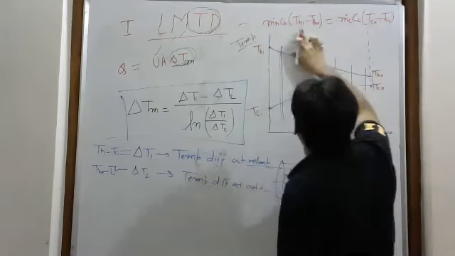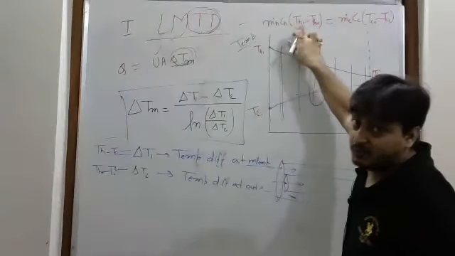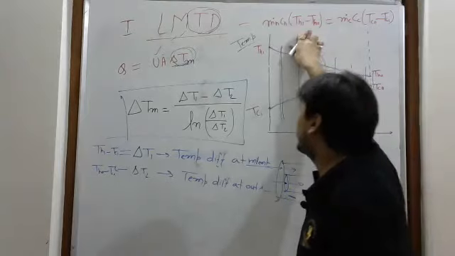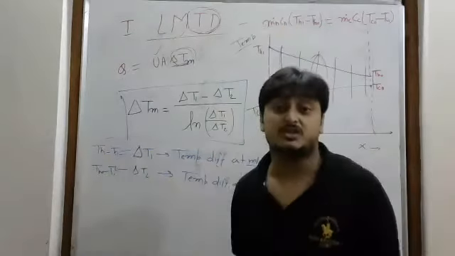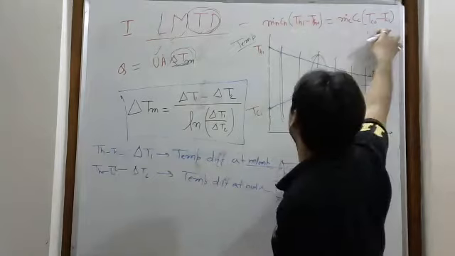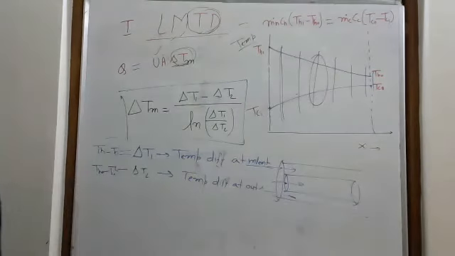See, here I have written initial temperature minus final temperature. Actually del T means final temperature minus initial. But I have taken it this way because this is heat loss, and heat loss is negative, so the negative I have already taken inside. And this is heat gain, so final minus initial. So write this.